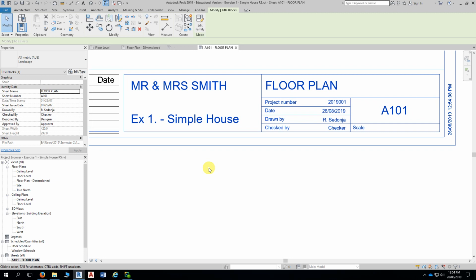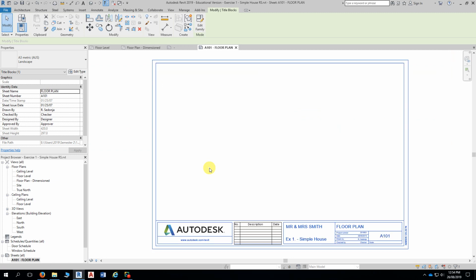So once you've entered that information, I'll get you to go back to full screen. So ZE. Okay, so yeah, I guess the thing is that you can update the title block first, or you can put your views on your sheet and then update your title block afterwards. The information that we've just put in on the title block itself,